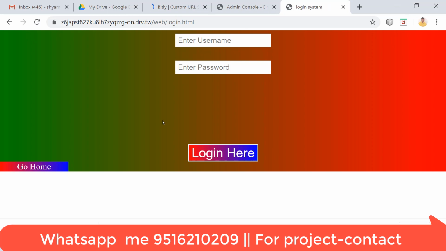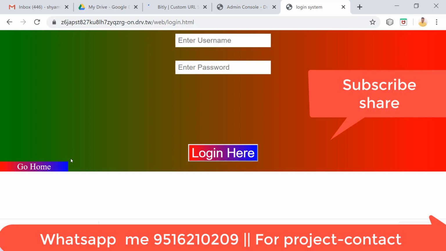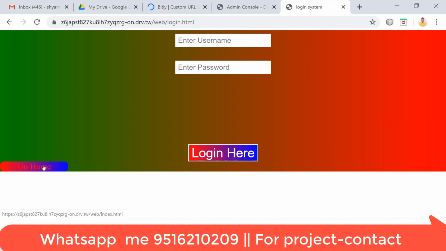And here friends, one more thing: if you go to the login after entering credentials, and if you go to the go home button, then here is the back go home, here is the square, and this amazing CSS property. If I take the cursor onto that, it turns into a rounded shape, yes, like that. So it is amazing. And if you want this script, the number is given below, just respond to me and I will send this script to you.